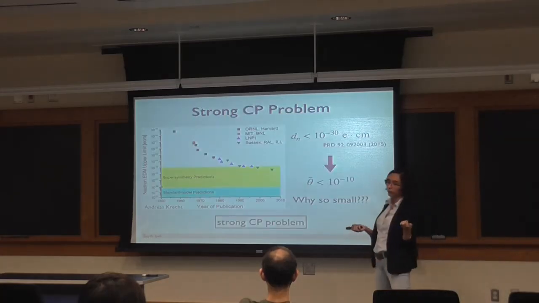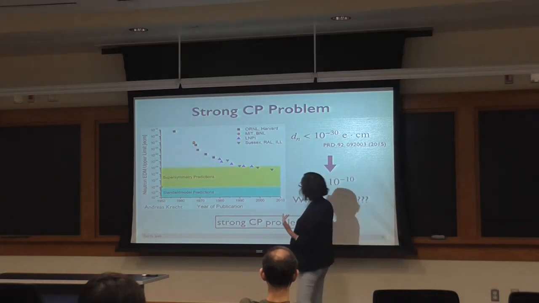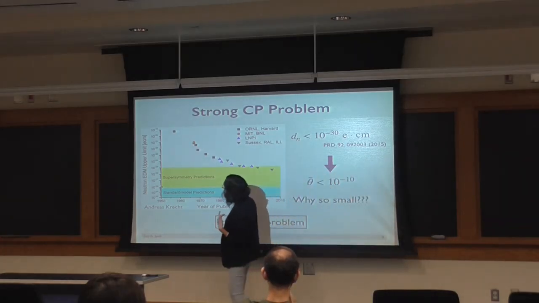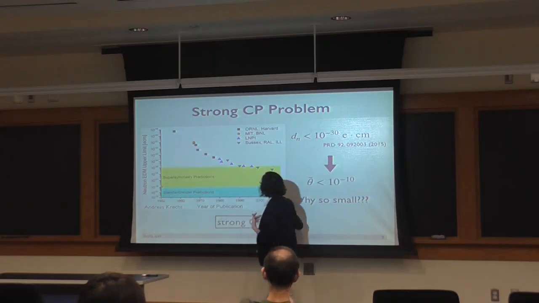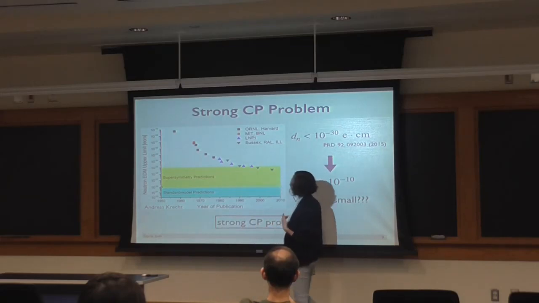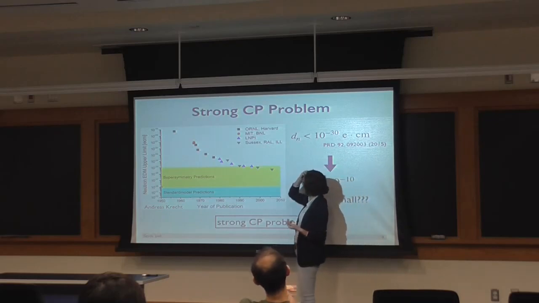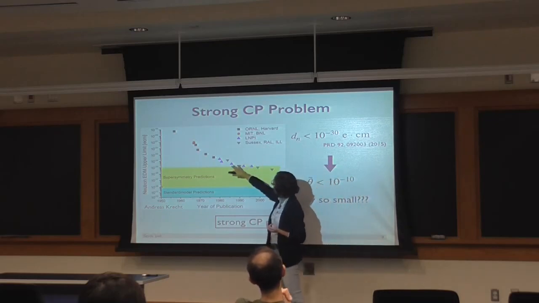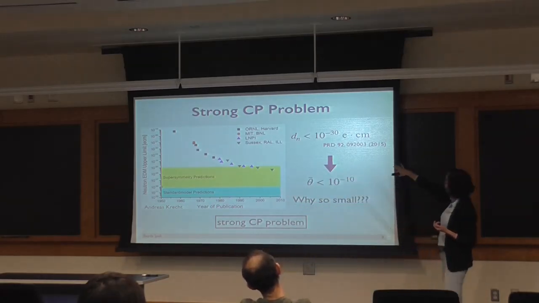We've been trying to measure the neutron EDM for decades now. We haven't observed it yet. This is a plot from Wikipedia. This is the upper bound on the neutron EDM over the years for different experiments. There's an upper bound because we haven't observed it yet, so you can put an upper bound on theta bar. So the bound is getting smaller and smaller,